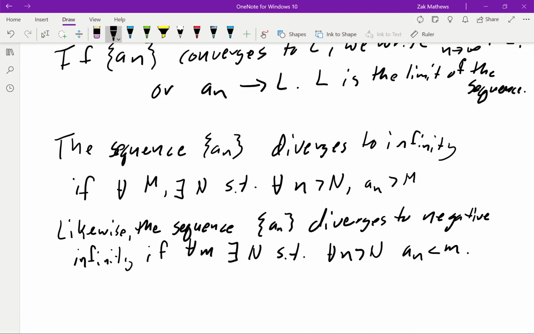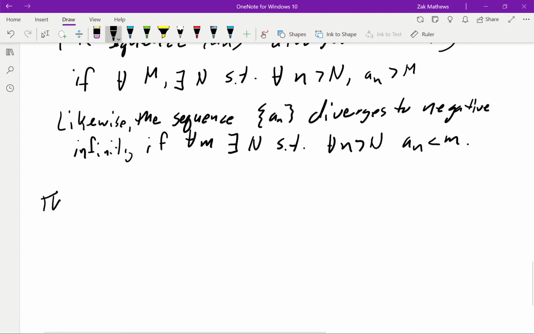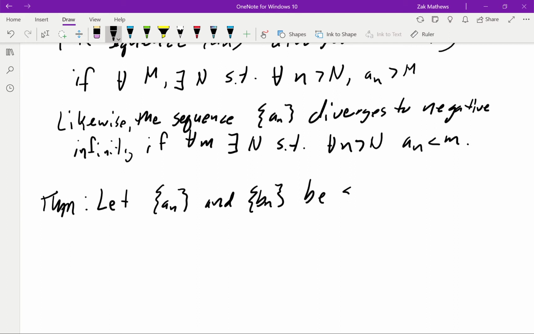We can apply many of the limit rules that we've already seen to sequences because these are just the same limits that we've been dealing with. We can apply a lot of the same rules. So let's define a theorem. Let a_n and b_n be sequences of real values